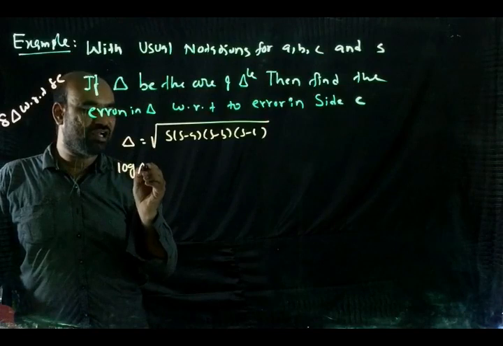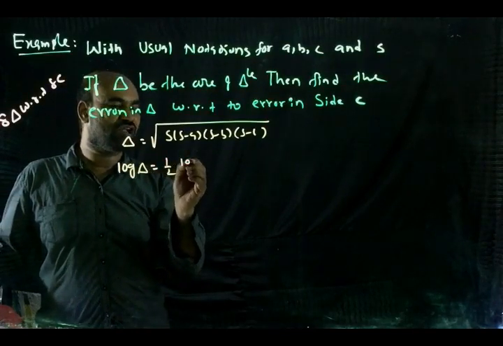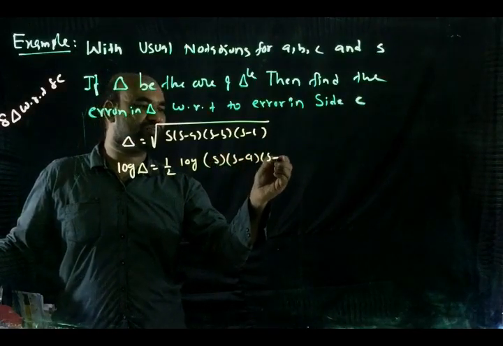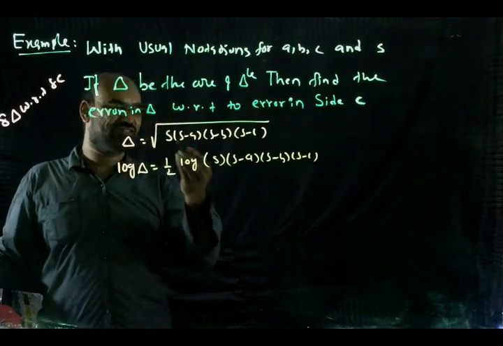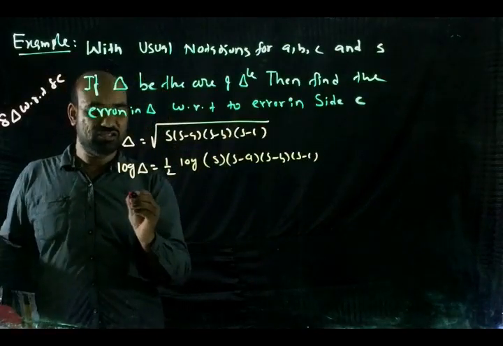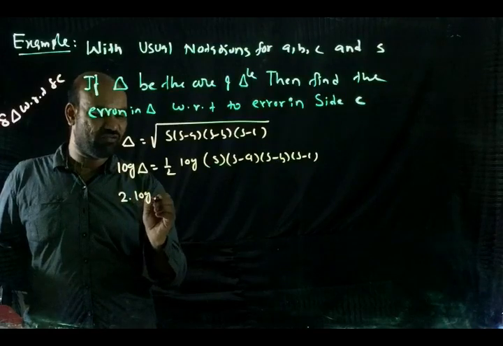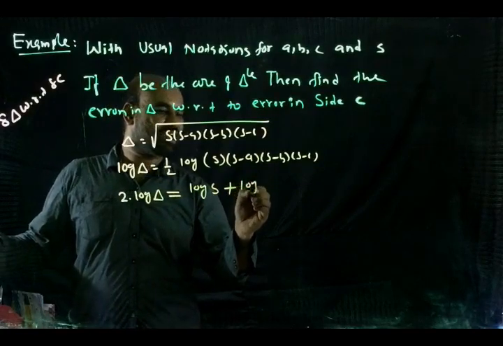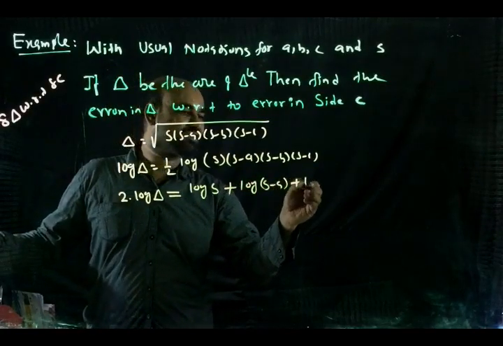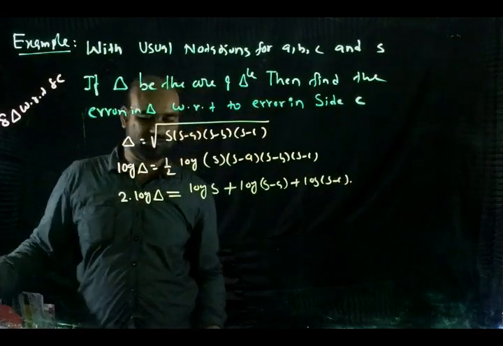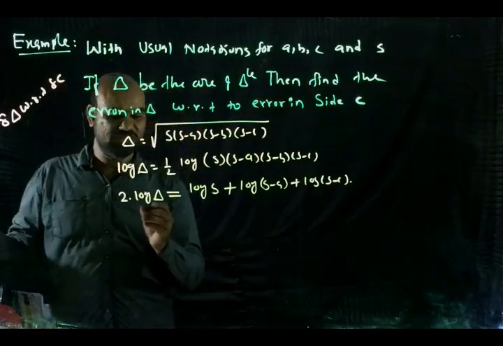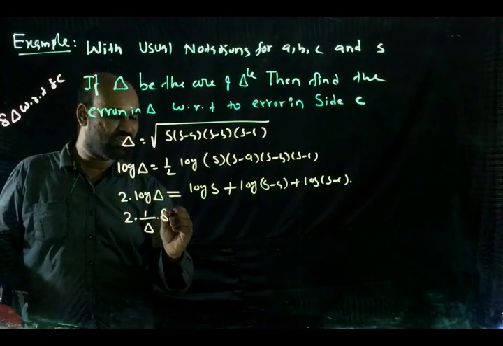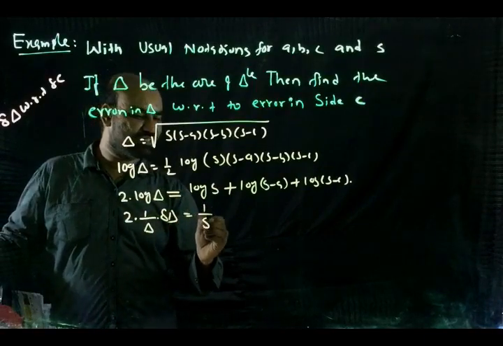Applying logarithm, log delta equal to half into logarithm of S into S minus A into S minus B into S minus C, power 1 by 2 only, no? So this is 2 into logarithm of delta is equal to log S plus log S minus A plus log S minus C. Now differentiating here, 2 into 1 by delta into delta equal to 1 by S into delta S